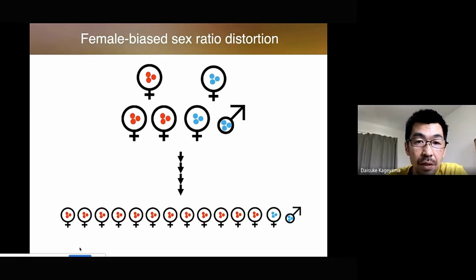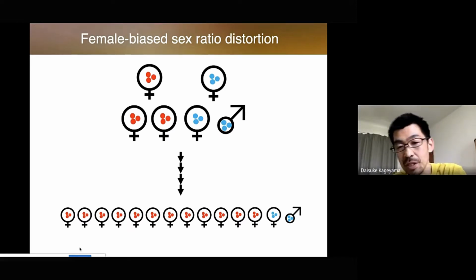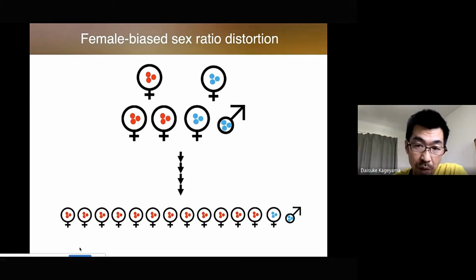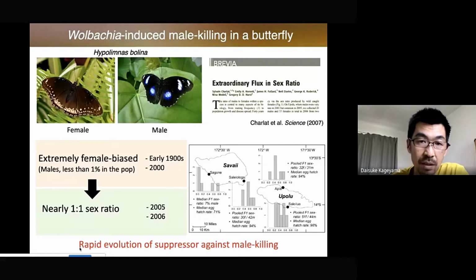So you can predict that if the bacteria bias the sex ratio toward females, after generations the population sex ratio will be biased toward females, and because they need males to produce offspring, too much biasing toward females will make the host population go extinct. It's a prediction, but